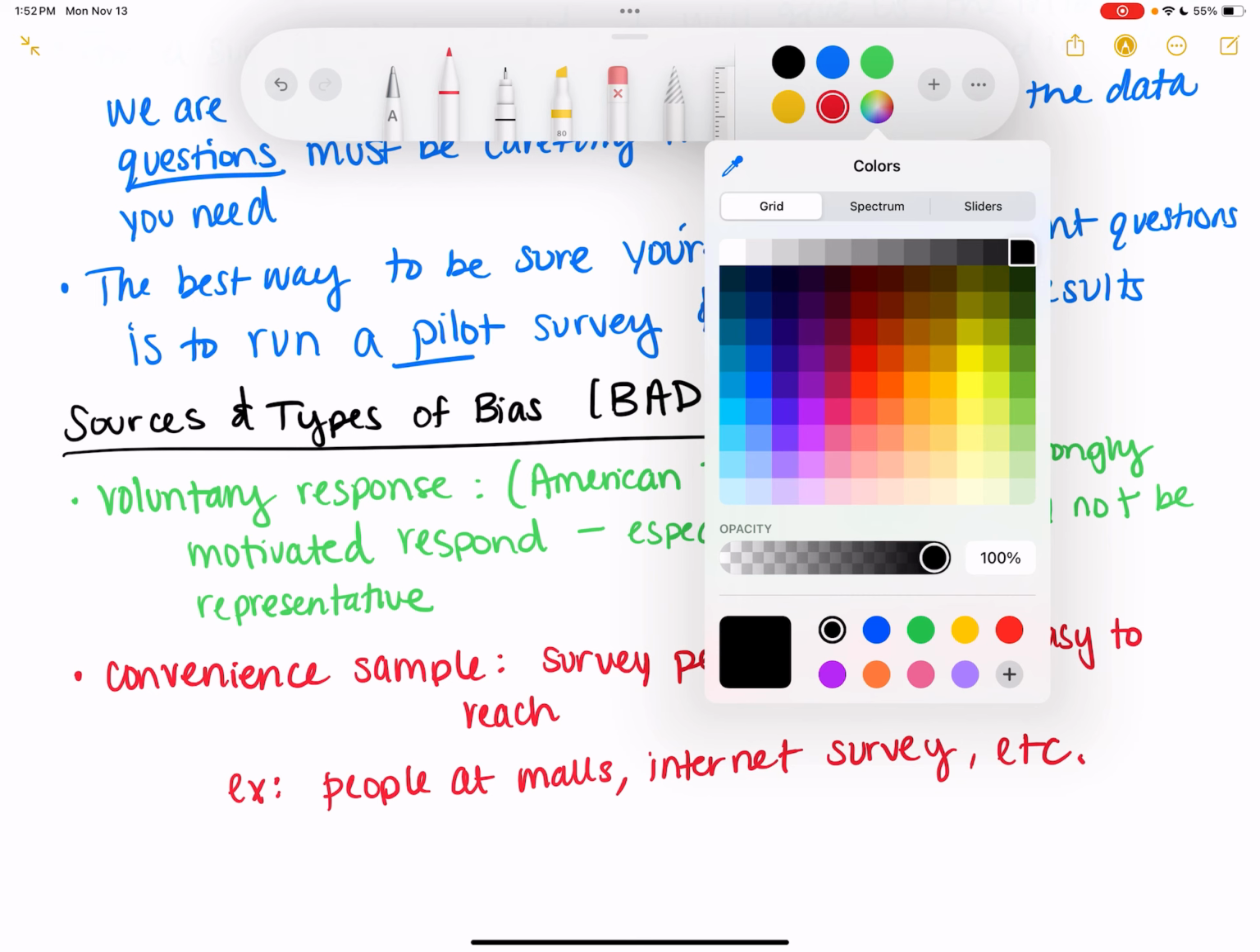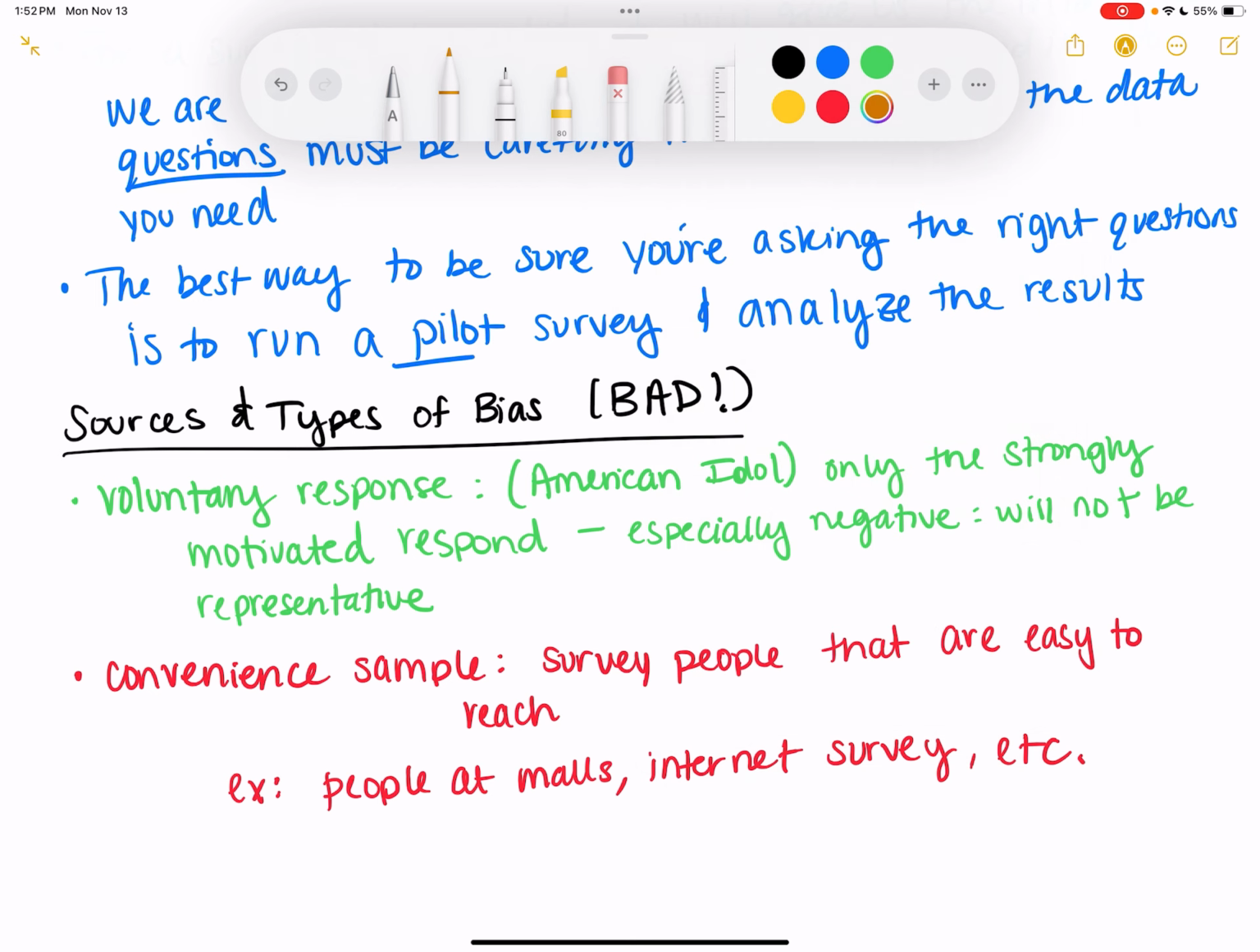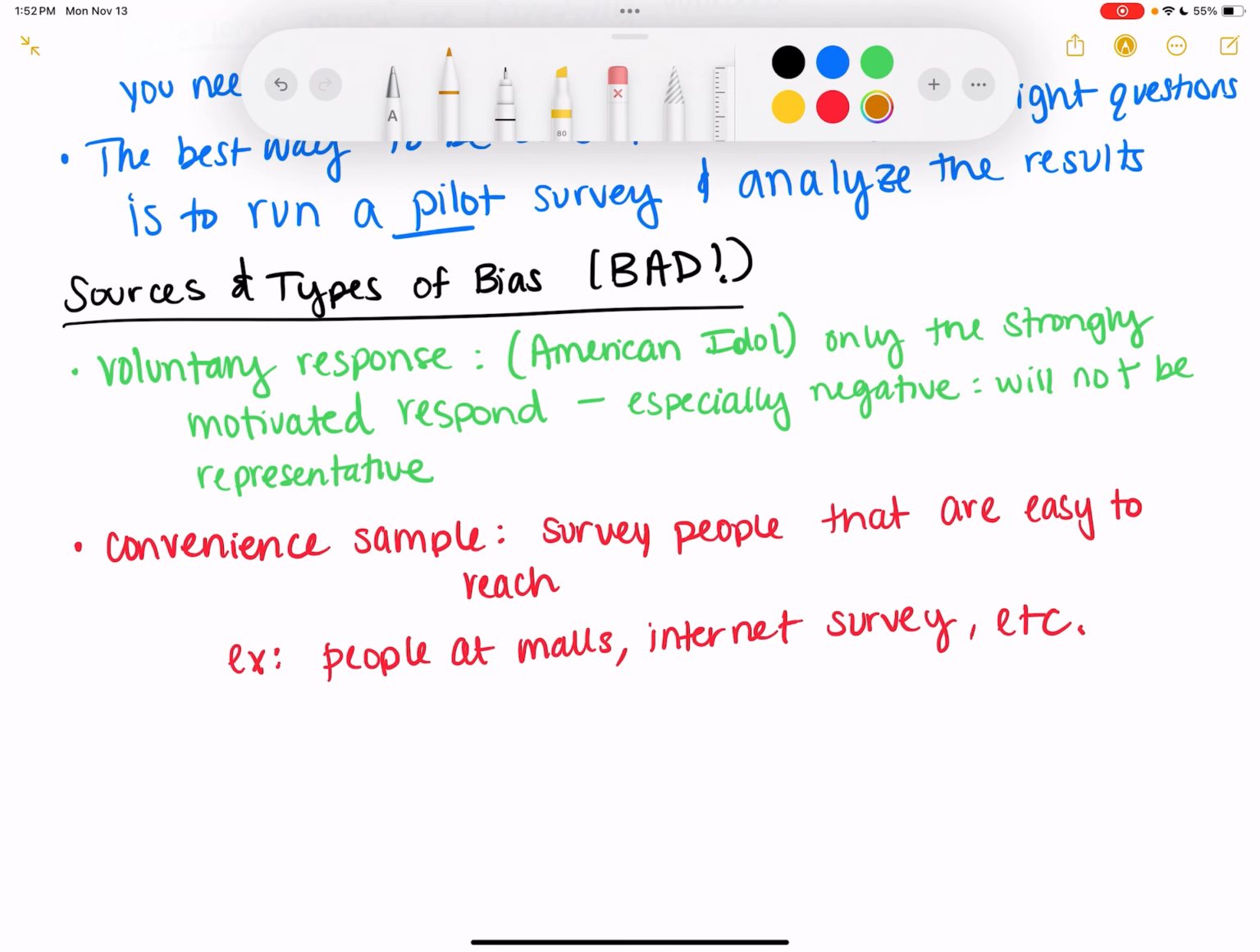This one. I just closed my eyes and picked a color, so who knows what's gonna happen. I think it's orange. I don't know. The next one is